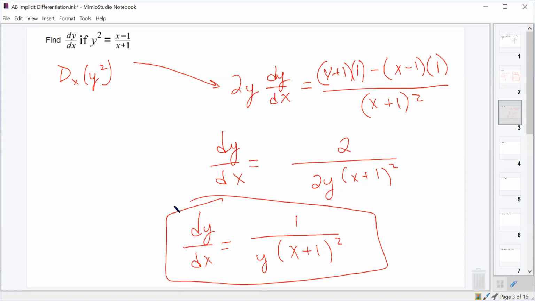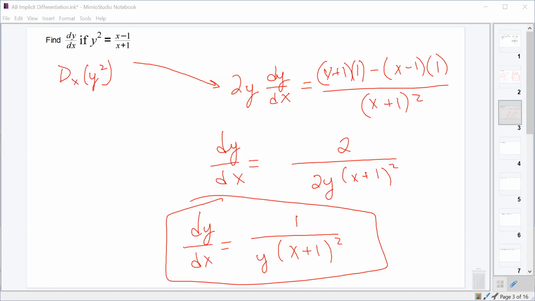Any questions or issues with that? So these are still derivatives, so these equations would still find you the slope of the tangent line to the equation. That is 100% correct. Yep. So let's take a look at what this